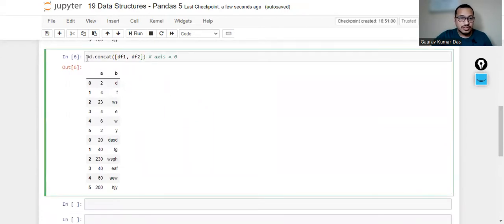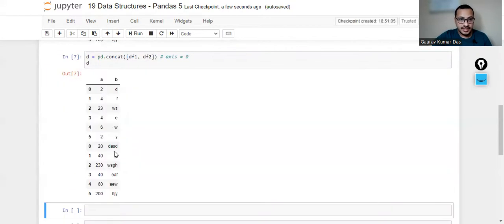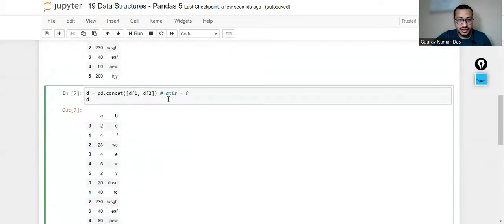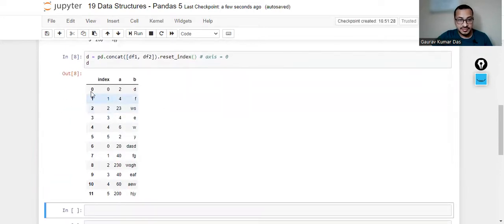Now, one more thing which I want you guys to understand here is that when you concatenate, the index has remained the same, right? It has maintained the index which was coming from the second data frame. But I do not want it like this. I would want this index to be serially indexed, right? So how do I do that? If I simply do here dot reset underscore index,